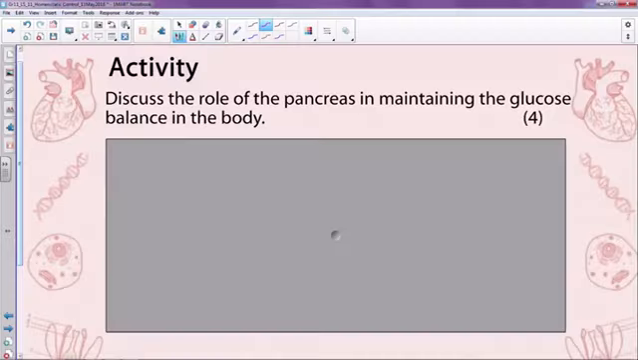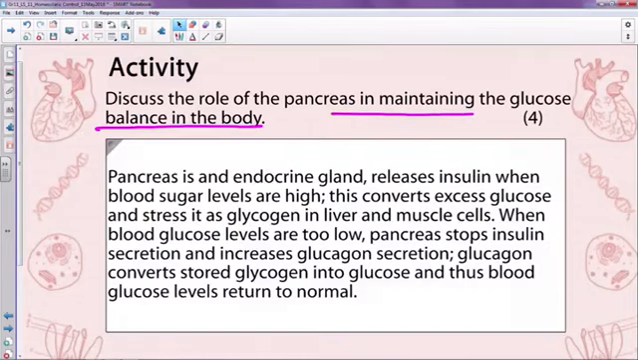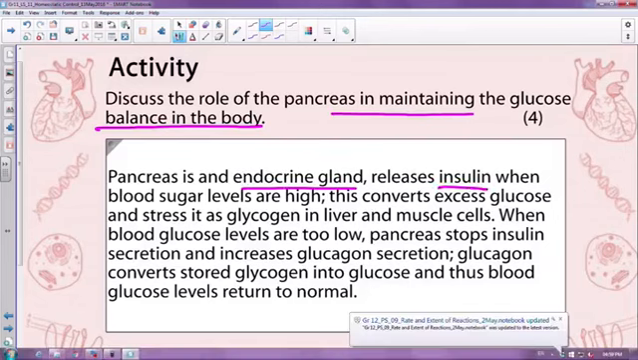Discuss the role of the pancreas in maintaining the glucose balance in the body. So here we're looking at the pancreas, and as I discussed a bit, the pancreas is an endocrine gland. It releases insulin when the blood sugar levels are high, and this will convert the excess glucose and store it as glycogen. This should be stressed, guys: store it as glycogen in the